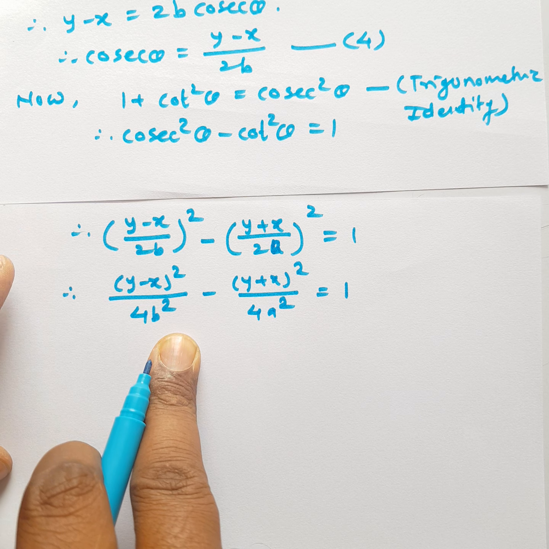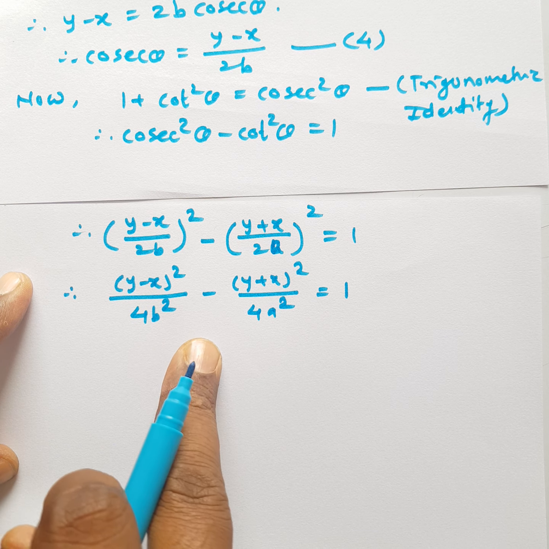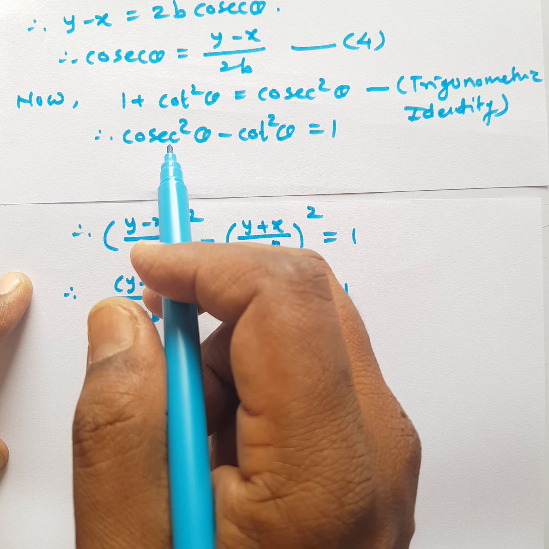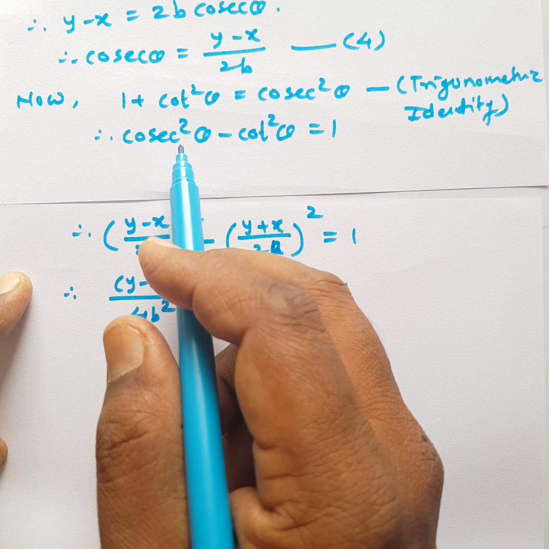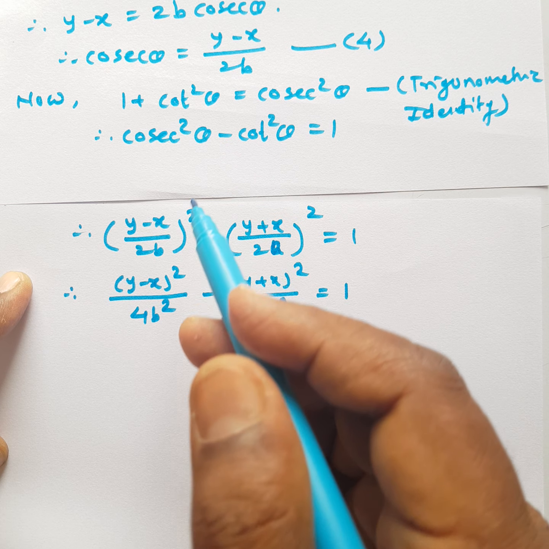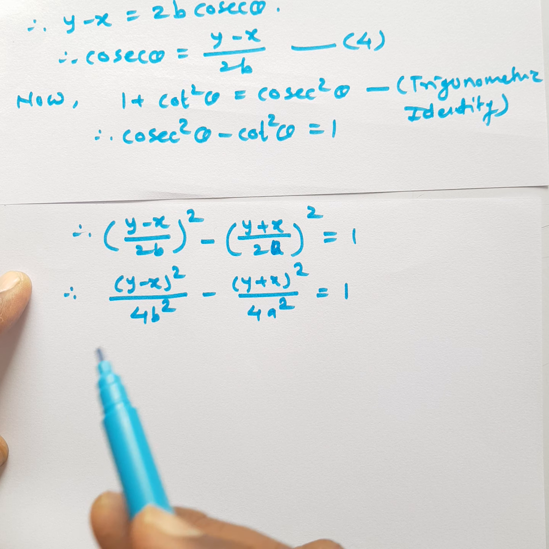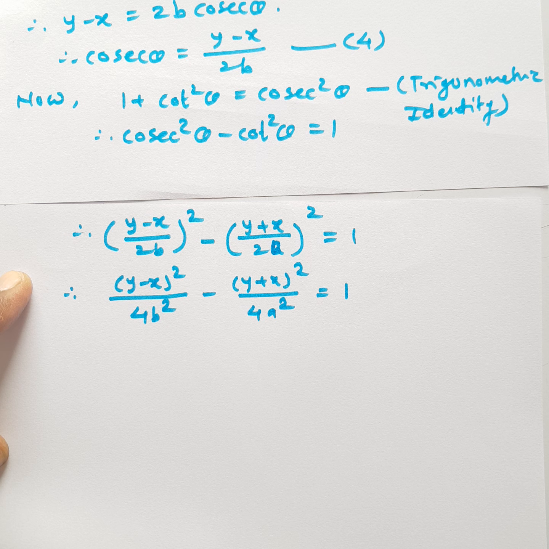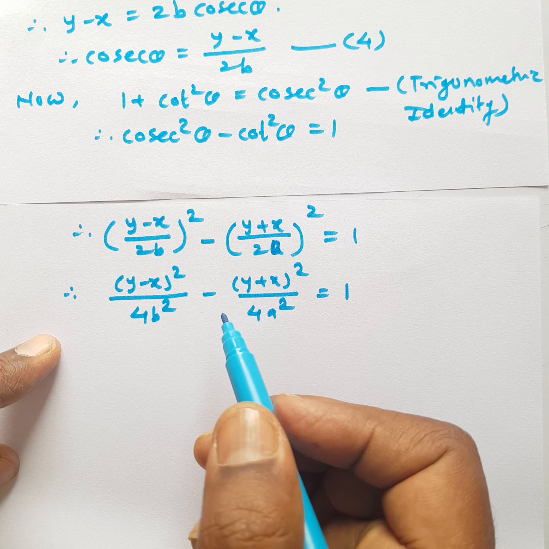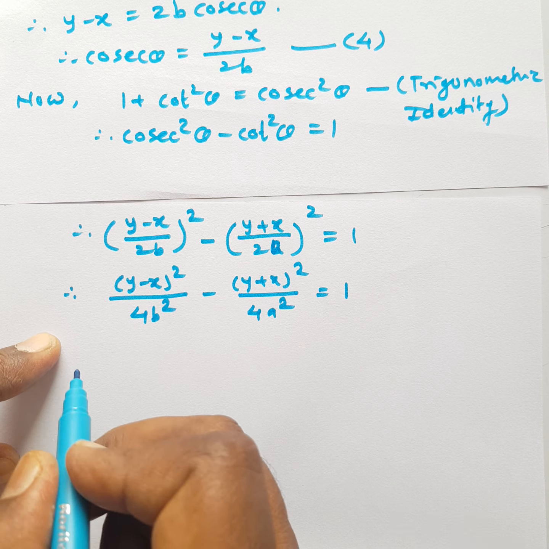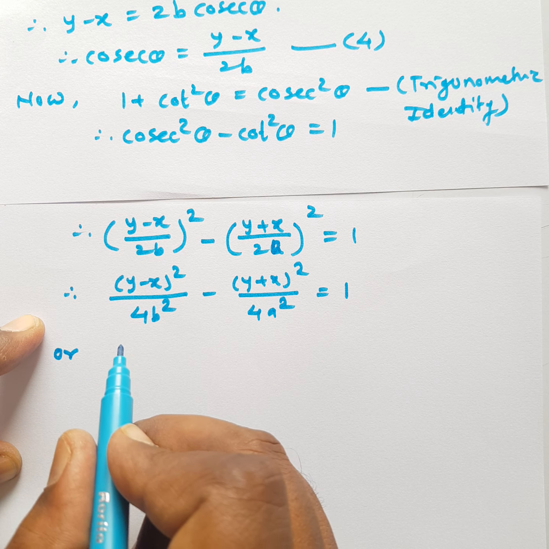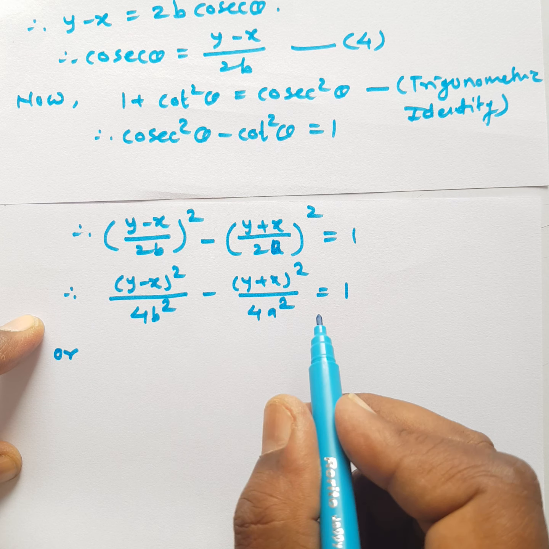In this step there is no theta. In our trigonometric identity there was cosec square theta minus cot square theta. Here there was theta, but in the next two steps, if we put the values of cot theta and cosec theta, then there is no theta, meaning there is elimination of theta. Therefore it is the answer. Or if we change the side of 4 or divide, multiply each term of this equation